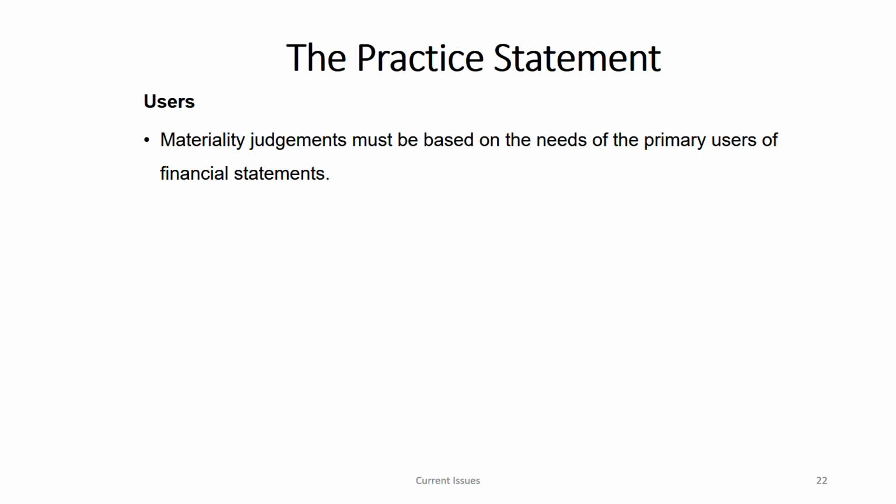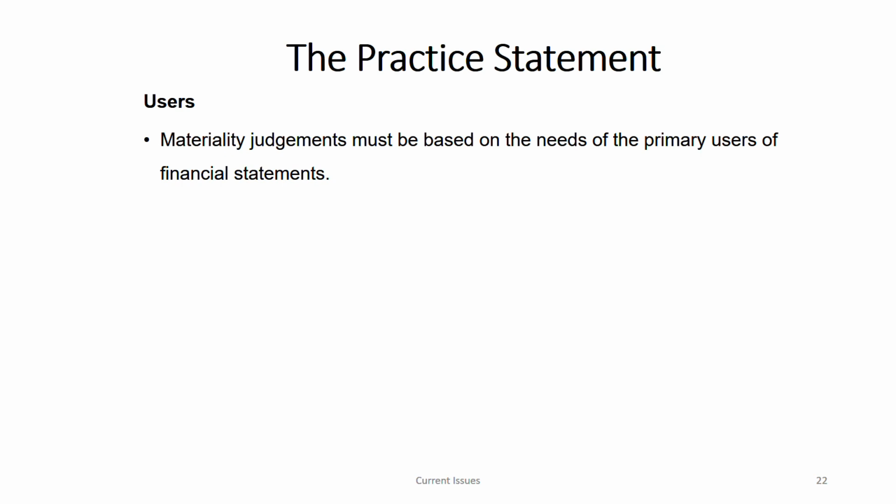Okay, so when you're making these materiality judgments, most of the time you see this based on who is your user, who is your primary user of the financial statements. From their point of view, what will they consider material? You think like that. Then only you make that judgment. Who are the primary users?